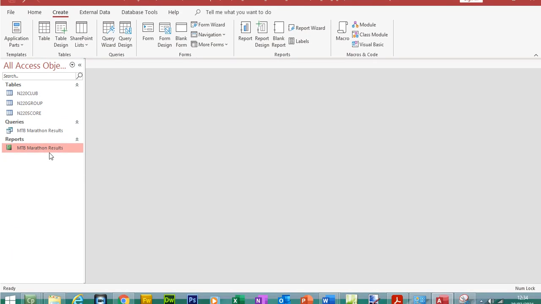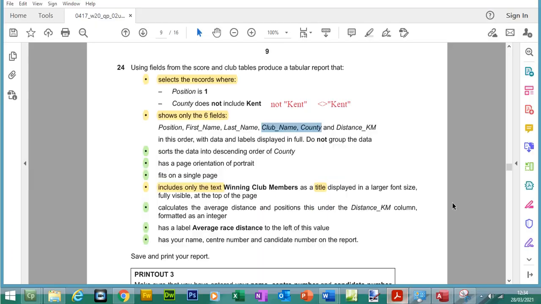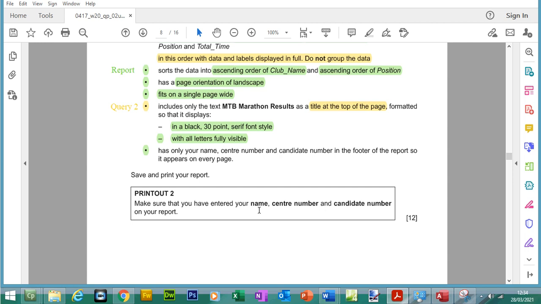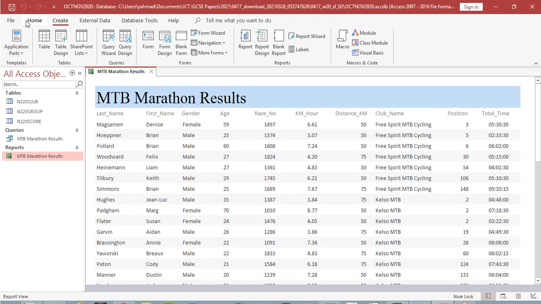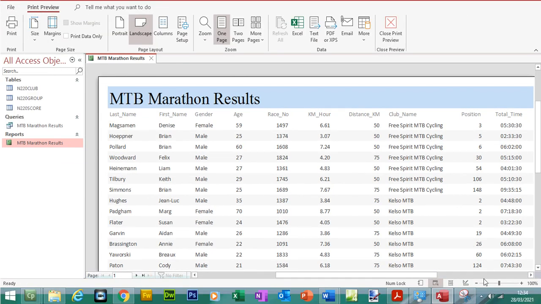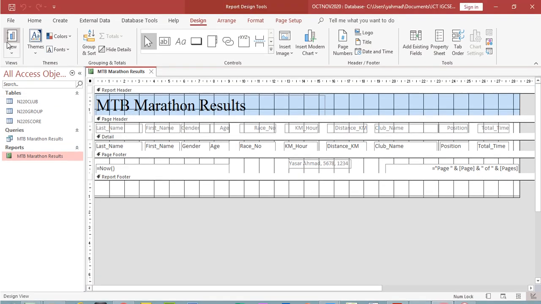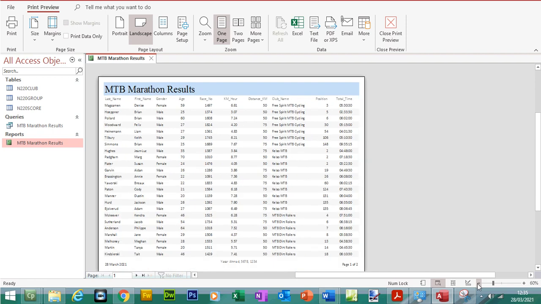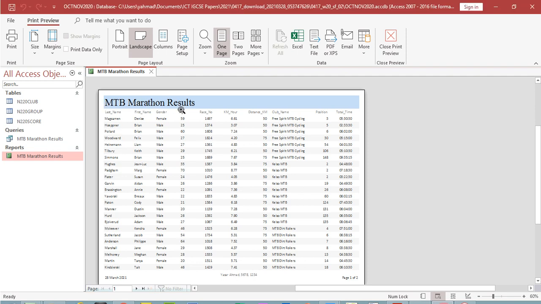Okay, so before we move ahead, I forgot to mention, obviously, you have to print off the report. So when you are printing off, make sure your name, centre number, candidate number appears on your report. So check the print preview, and when you have printed and you have your printout in front of you, always check for the common mistakes. First of all, your name should be on every page in the footer. Check the title if it's been spelt properly. If you use capital letters, check it's been formatted properly. Check to see if the fields are in the right order,